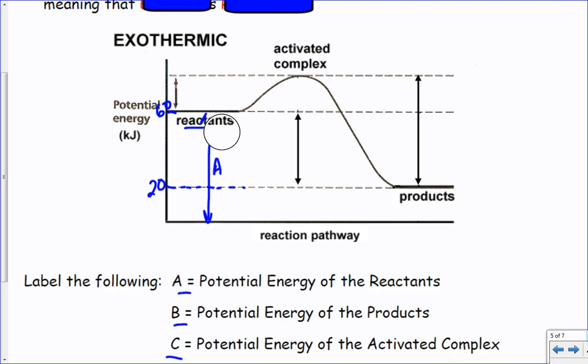I'm going to erase all this stuff so we can key right in, and I'll change colors to red. If I add a catalyst, every time the reactants stay the same and the products stay the same in terms of potential energy. But what happens is my pathway changes. So you'll see a dotted line similar to that. Now, if that line changes, my activated complex changes. So my potential energy of my activated complex changes. But more importantly,